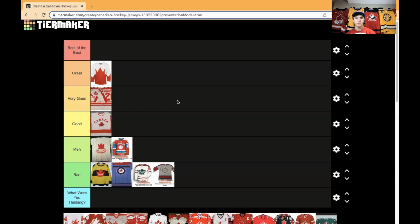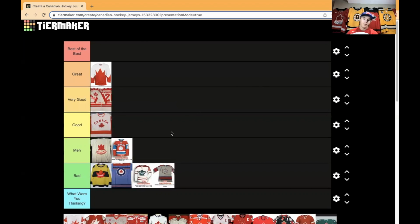Moving on to yet another Summit Series jersey, and this one is a little bit more crazy. You can't really see too much of it there, but it's got a lot of maple leafs on the shoulder, a lot of maple leafs on the side, and I like maple leafs. So when it comes to that, I like the jersey look. It is a little chaotic. A lot of people might disagree with it, but overall, I think it is a pretty nice jersey. And we'll move on